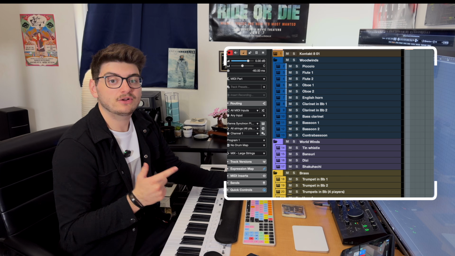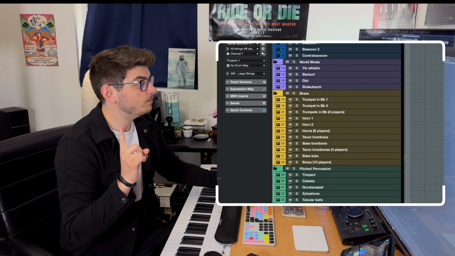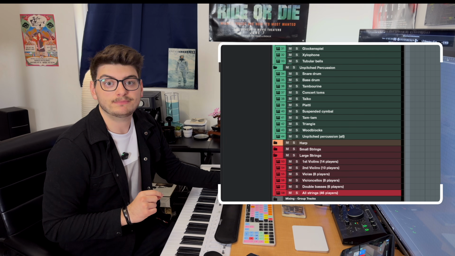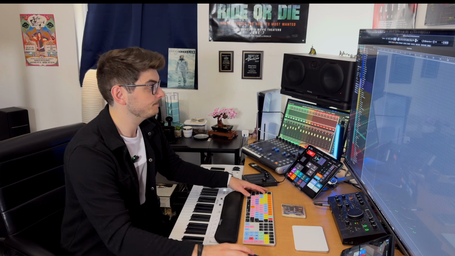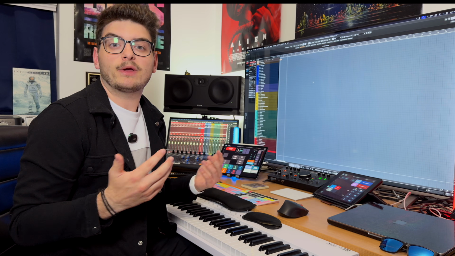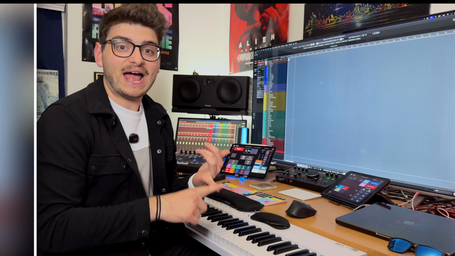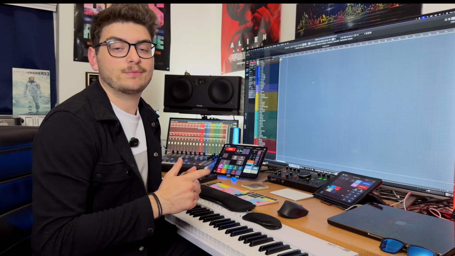As you can see, every single instrument is loaded into this template, and we also have every single expression map included in here as well. All right, before we start, I thought it'd be a good idea just to run through what the track will look like. So I'm thinking action, definitely a lot of brass. I'm a trombone player, so it makes sense. I definitely want to use the whirlwinds because that's a really cool aspect of Prime Orchestra.